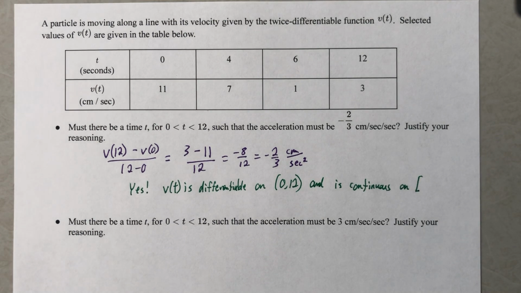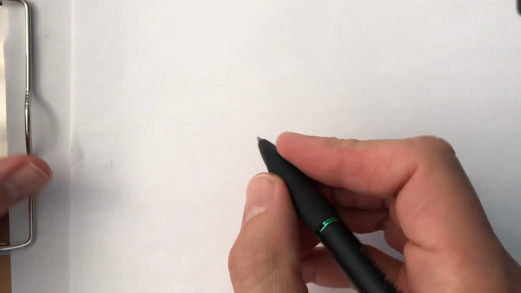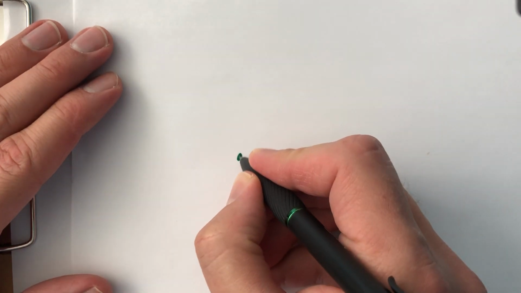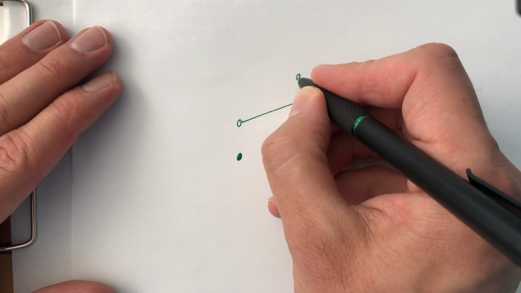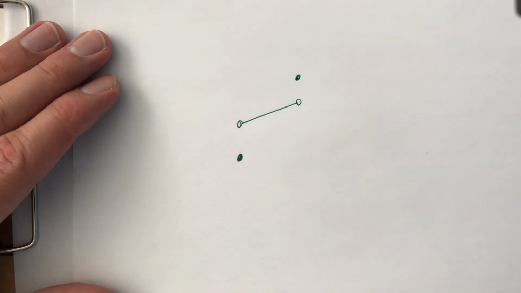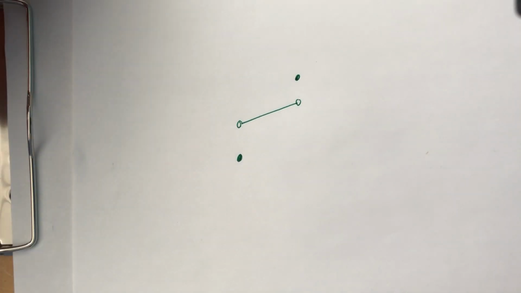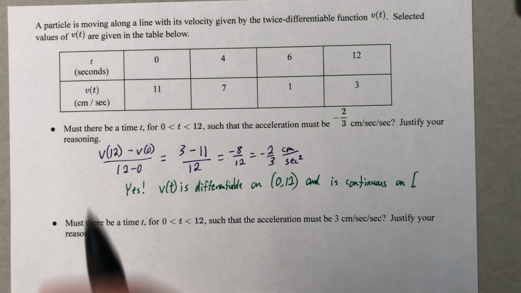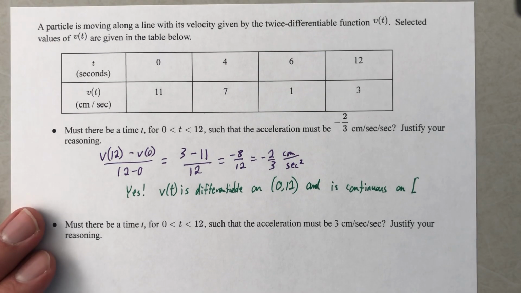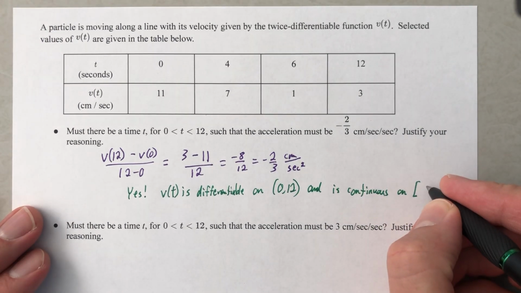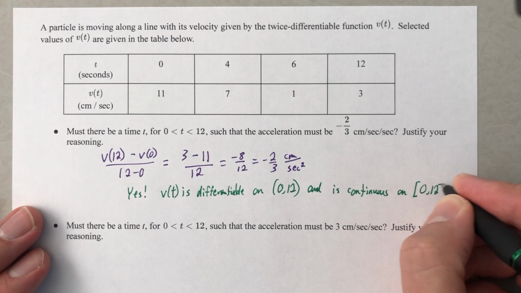It just is. And here's what's going through my head right now. If you're like, what in the world is this guy talking about? I'm never going to have velocity that goes like this and then some awkward thing. Like, I'm never going to have this as the graph of my velocity if a particle is moving along a line. No, you've broken physics. Let's not. Okay, it's continuous on the interval from 0 to 12,